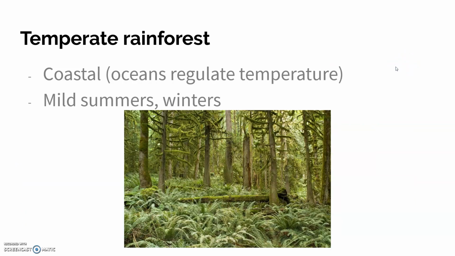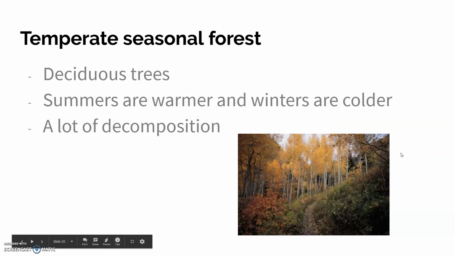The temperate rainforest doesn't get a lot of recognition, because whenever we hear the word rainforest, we automatically assume it's a tropical rainforest. But a tropical rainforest is very, very hot. Temperate rainforests are closer to the coast, for instance in part of northern California, Alaska, and southern Chile. The ocean water regulates the temperature, so it's not as extremely hot. They get more mild summers and winters. A lot of ferns, those kinds of trees.